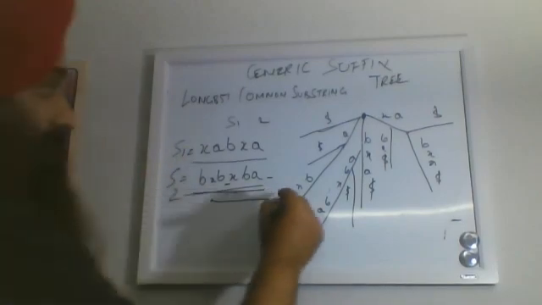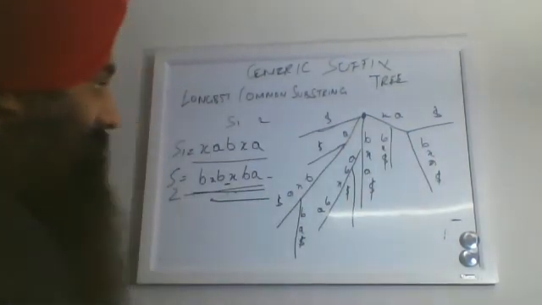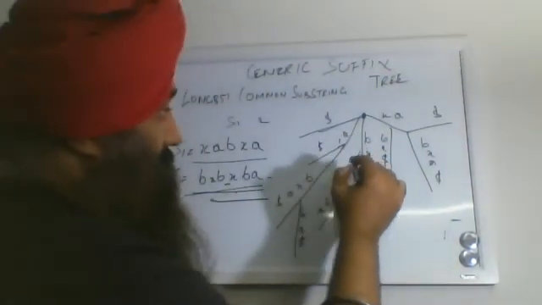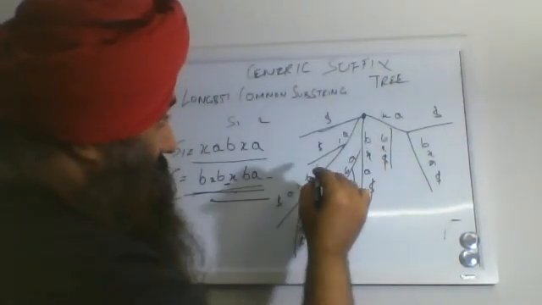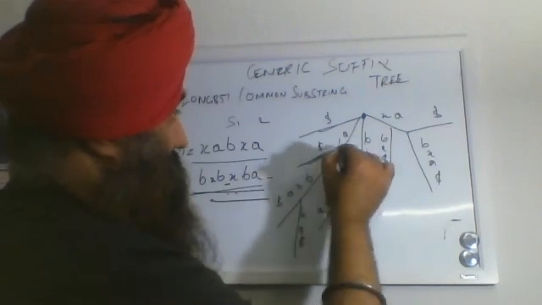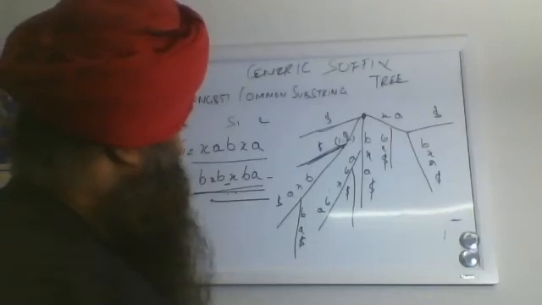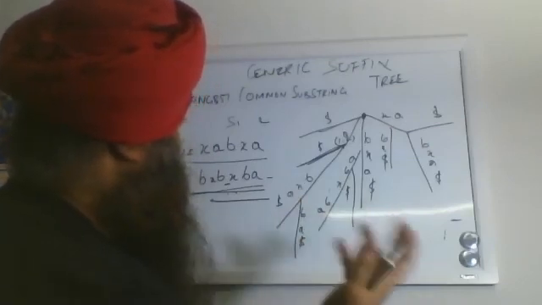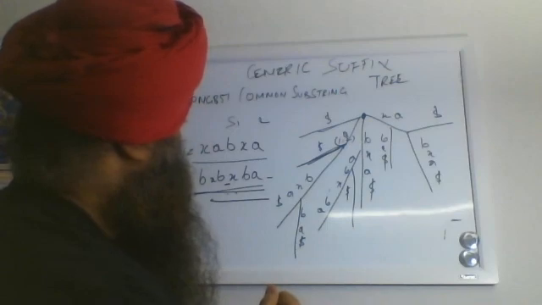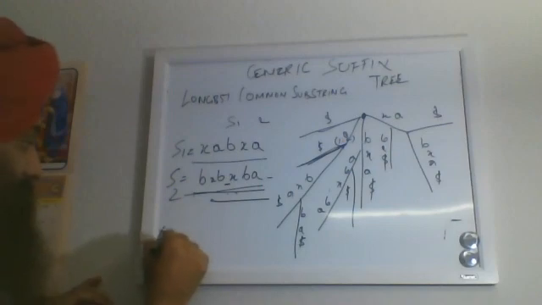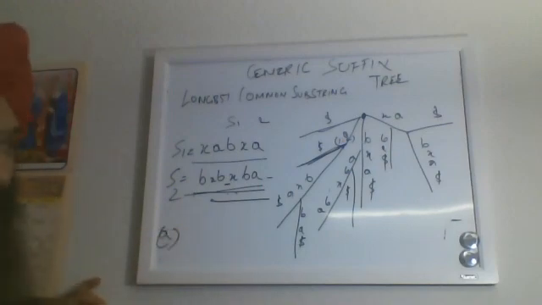Now while creating, you could have marked with 1, 2, 1, 2, 1, 2. Looking at this tree, if you have marked like in the previous one, this node was 1. This is the common node you get. Mark 1 and 2 both. So the longest common substring is A. For bigger examples, you can find out more.